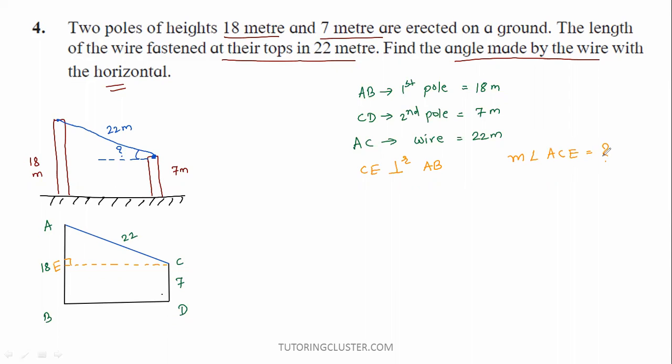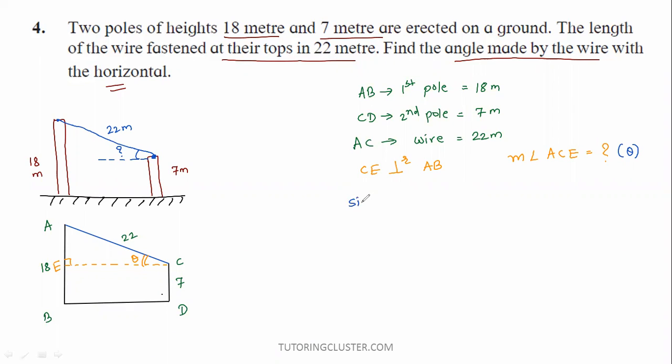Okay, is it clear? Now see, it is very easy. This angle we have to find out. Let's say this angle is theta. Can I write tan theta? Tan theta is equal to opposite side upon adjacent side. Now, can we use tan? Is CE known to you? No. What is known to you? AC. So not every time we have to use tan function.